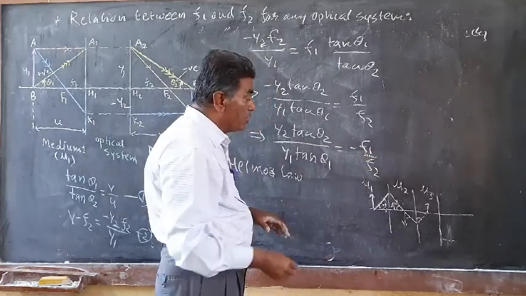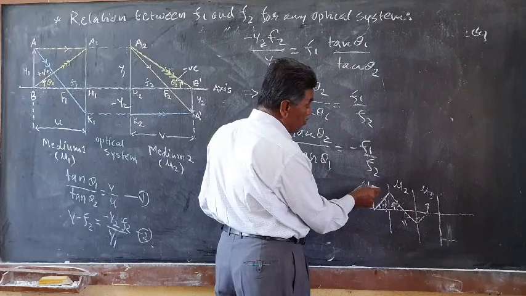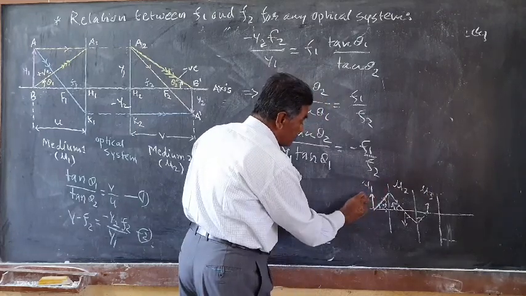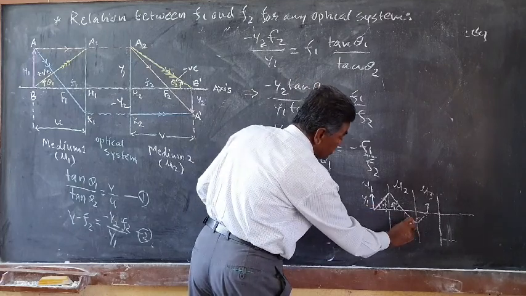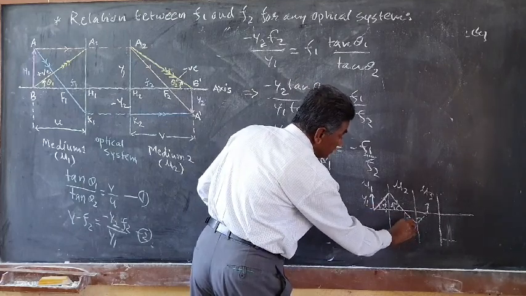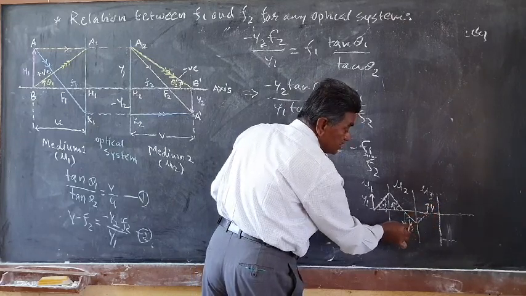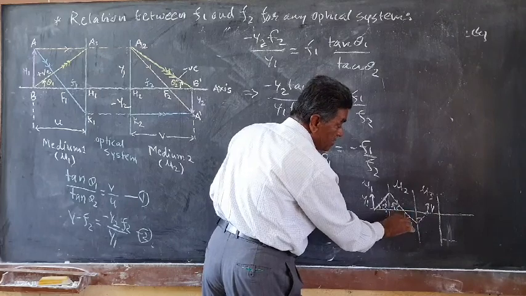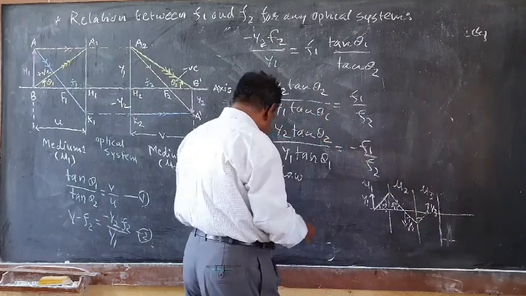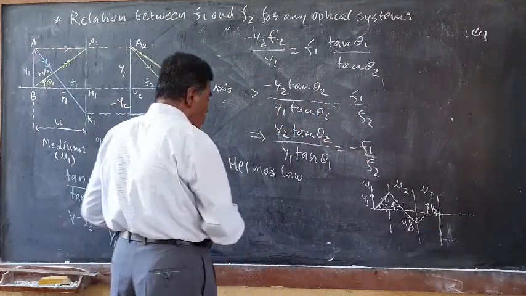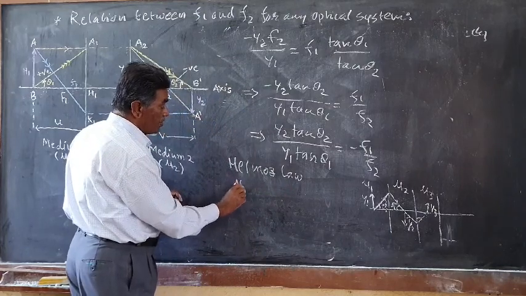Then there is one law. If there are n media with refractive indices mu1, mu2, mu3, and y1 is the height of the object, y2 is the height of the image here. Similarly, y3 is the height of the next image. This image can act as an object for the next system, and so on. Then we get one law, known as the Helmholtz law, and it is given as